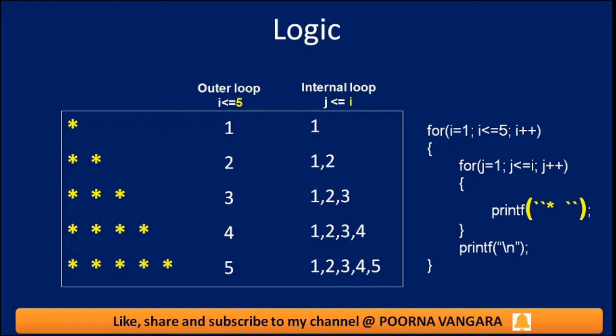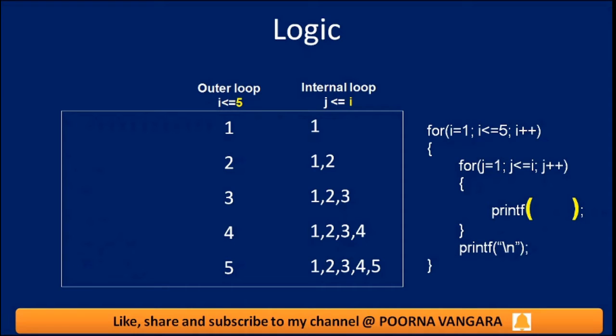Don't change the shape. What is our shape? We are going to print 5 lines, and in the first line we are going to print whichever character is there in the printf function only one time. In the second line we are going to print that particular character twice. In the third, thrice. Likewise in the fifth, 5 times. If I change that particular character, what will happen? If I replace that star with 5, what will happen in the pattern? The shape will not change, but the star will be replaced with 5.